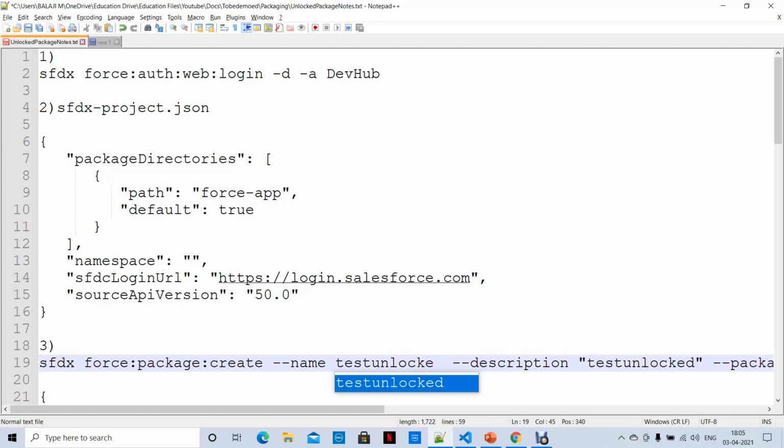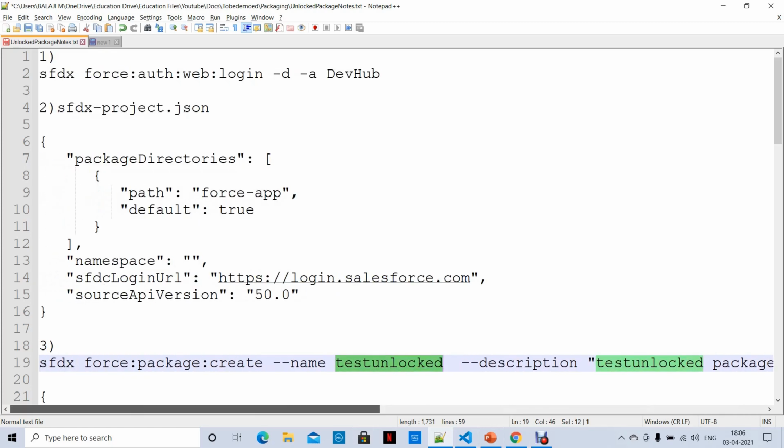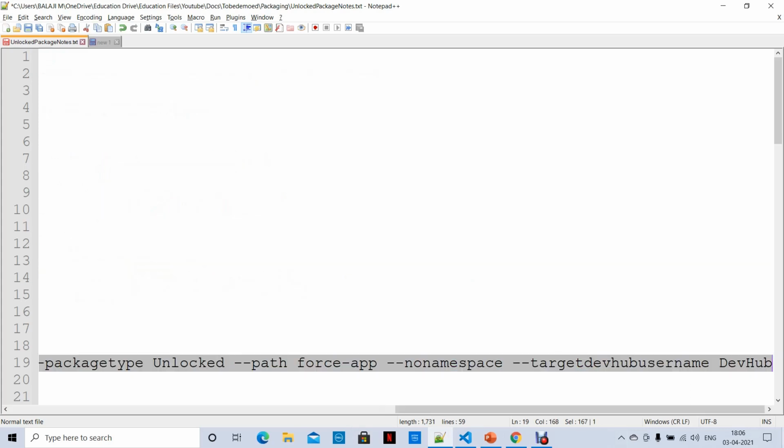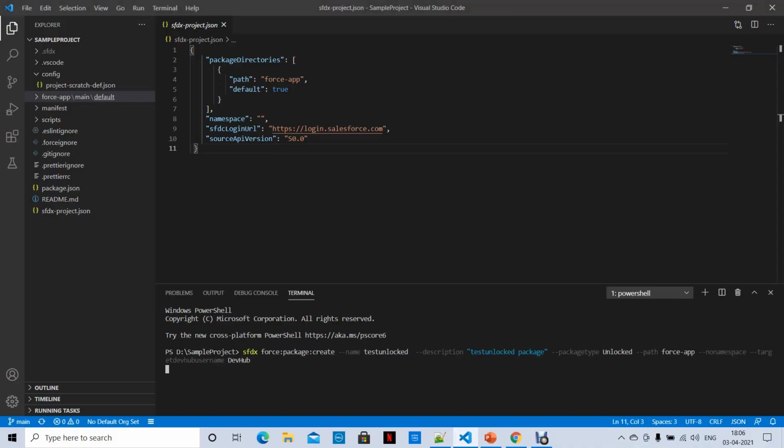Okay, and I'm just giving this one. It's a description, you can give anything, but this is important. Whatever you give, package name, and everything is same now. So I'm just taking this command. Done.